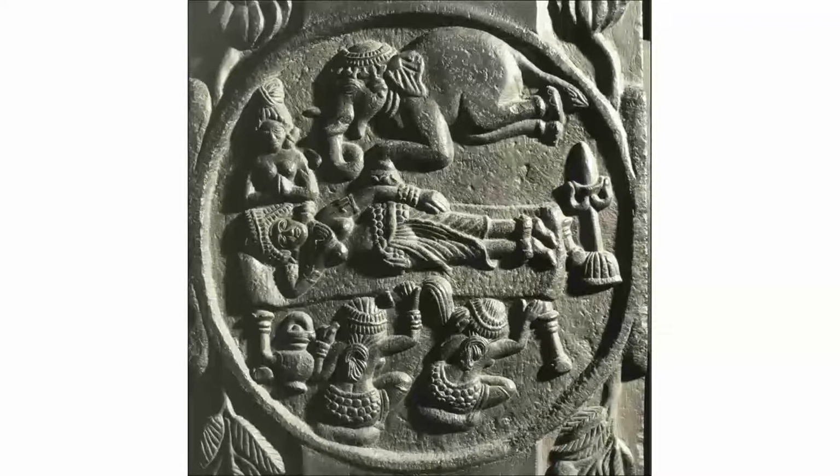But there are many examples of explicit narrative sculptures and paintings, like this particular relief panel from the Bharut Buddhist sculpture, which was a part of a stupa that belonged to the Shunga period. It is actually a storytelling composition, though told in a very brief synoptic symbolic manner, but the attempt is actually to convey the particular story, and in this case it is all about the birth of Buddha.